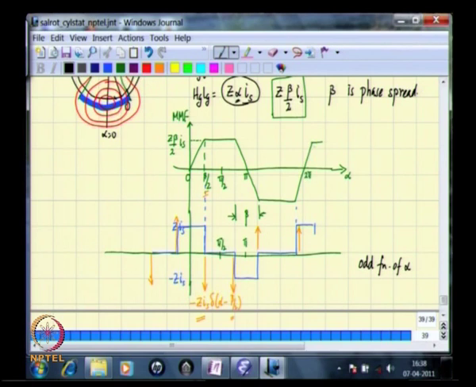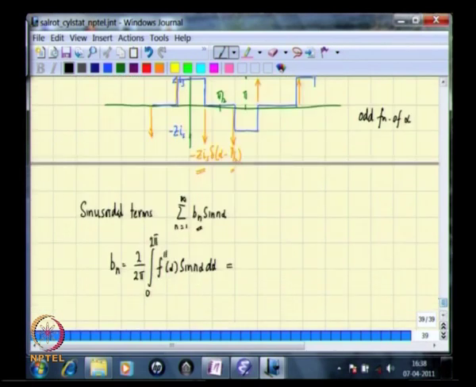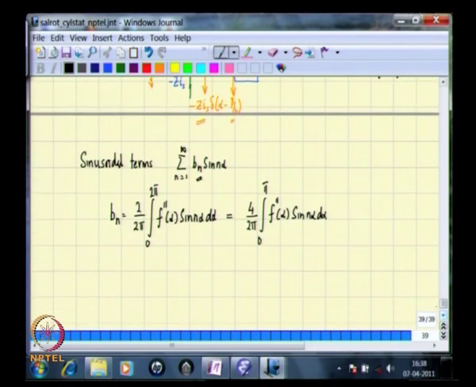and since the function also has half wave symmetry, these two are negatives, since it has half wave symmetry one can write it as 4 by 2 pi integral 0 to pi f double dash alpha sin n alpha d alpha, and indeed this integration is double the value from 0 to pi by 2, and further we know that we are going to be looking only at the fundamental component, so it is sufficient if we determine B1. So let us write B1 as then 8 by 2 pi integral 0 to pi by 2 f double dashed of alpha